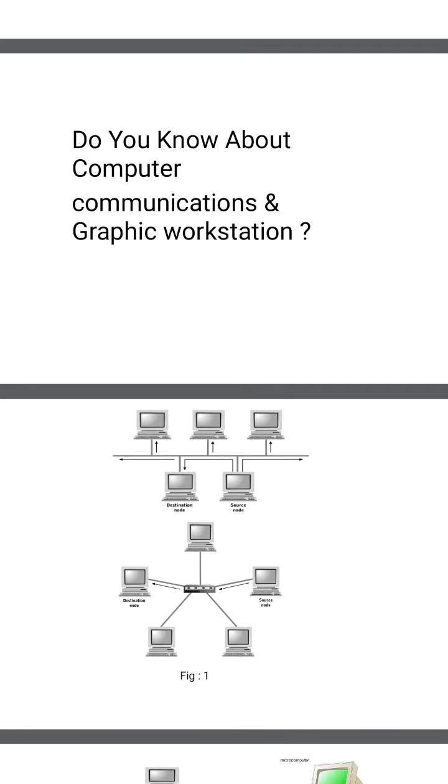Next, a graphic workstation is similar to the CAD workstation and gives the typical specification of personal computers currently available. So the same as the CAD workstation, it gives the typical specification of personal computers currently available. Okay, so what are the currently available data that it will provide on the graphic workstation?